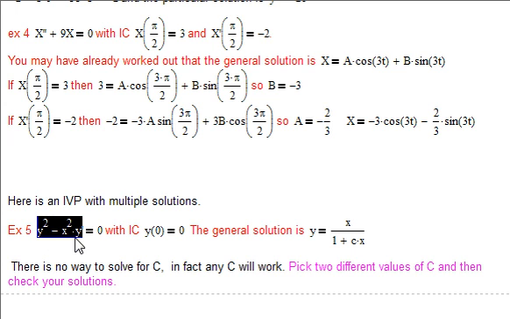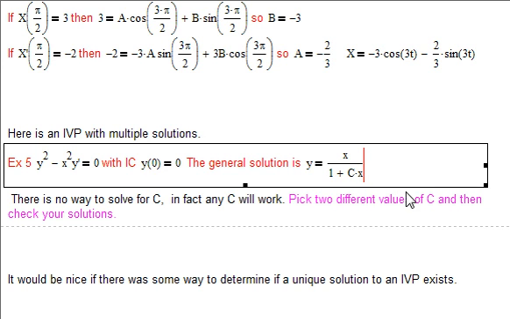So here's the equation. y squared minus x squared times y prime is equal to 0, with initial condition y of 0 is 0. Well, the general solution, you'll just have to trust me about this one for now, is y equals x over 1 plus c times x,